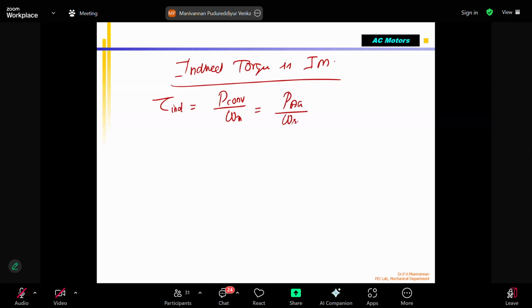Omega S means synchronous speed, the rotating magnetic field, and P_AG is the air gap power, the power transferred from the stator to the rotor across the air gap between the rotor and stator. Divided by this, it can be written, in a 3-phase motor, as 3 divided by omega S into I2 squared into R2 divided by S. This formula we already saw. It is nothing new, right? However, if you remember the equivalent circuit,